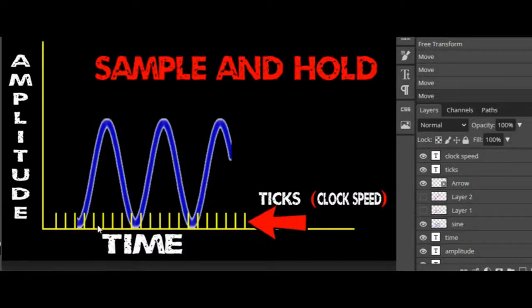And every single time it clicks over, it's going to say, okay, what value was this signal at? And I'm going to hold on to that value until the next time that it ticks. So it's just constantly taking a sample and holding it, just like it says. It can be quite hard to kind of grasp at first, and it's really easy to mess up the timing on it. I also made another